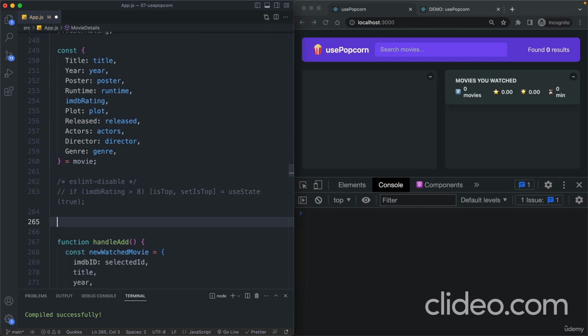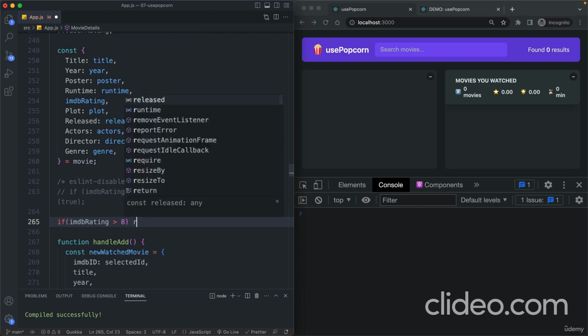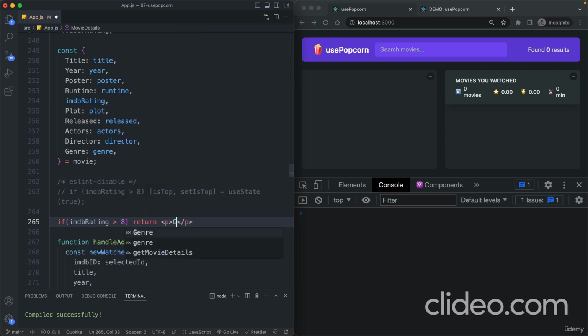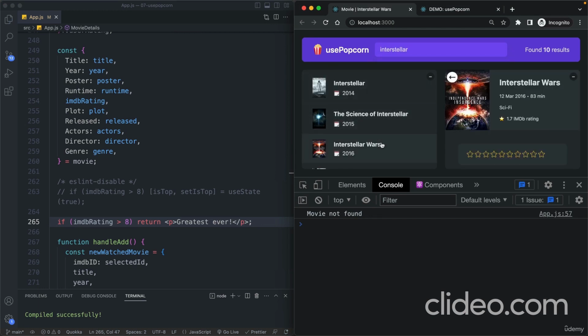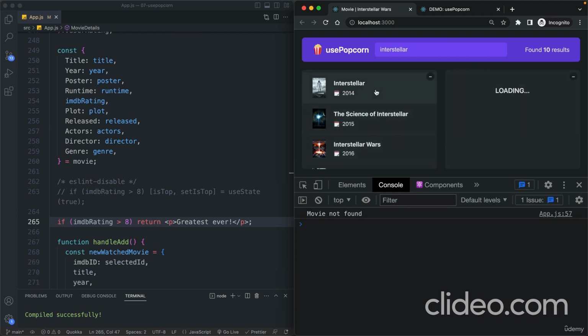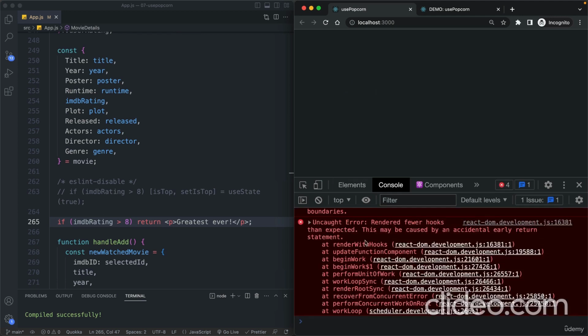Now, one more subtle thing that can happen is an early return. So if we say, if IMDb rating greater than 8, then let's immediately return some JSX here. Let's say greatest ever. And so if we do the same thing as before, Interstellar, then here the IMDb rating is less than 8,